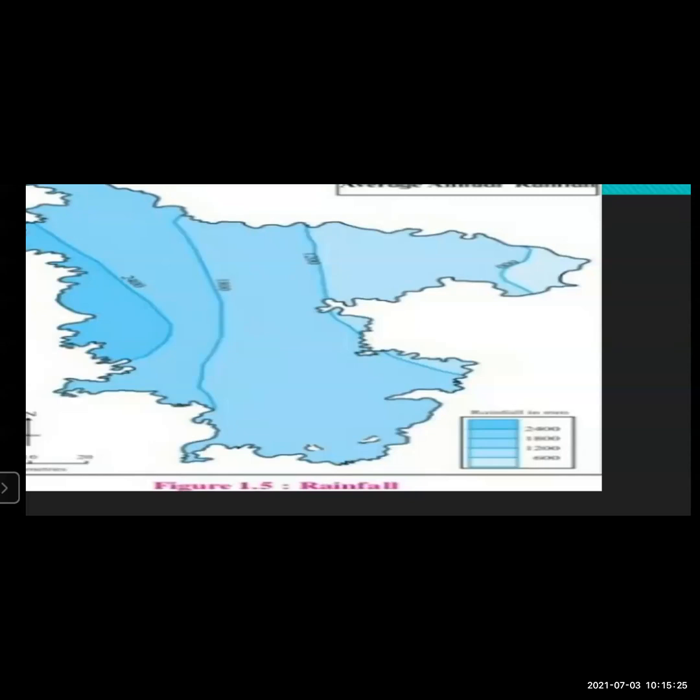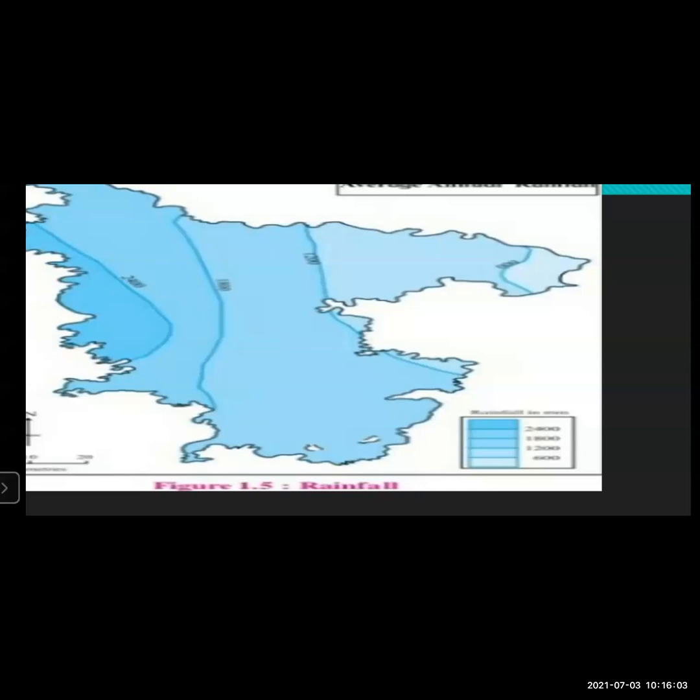Which class shows the higher rainfall category in the district? Now, which class is showing the higher rainfall category? The category is given here, 2400. You cannot take the previous figure, that is 1800, because it is not showing the highest category. Since the category is shown by 2400, you have to take an upper figure more than 2400, that you can take up to 3000 millimeters. So your answer will be 2400 to 3000 millimeters.